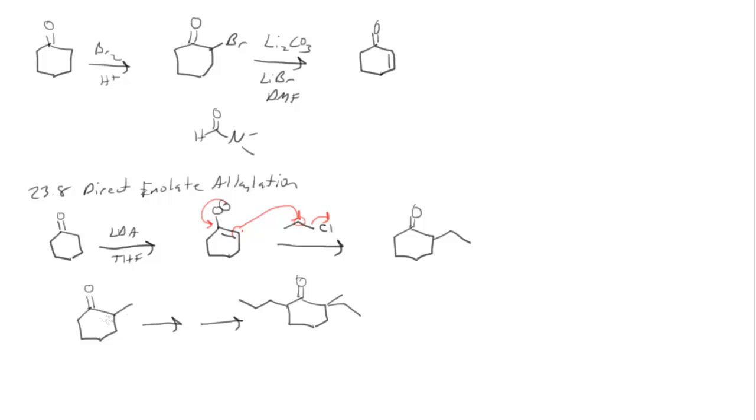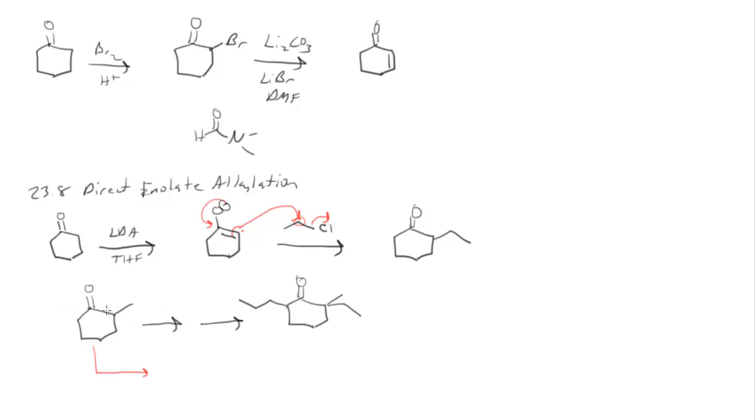We can now use our alpha substitution reactions and our understanding of kinetic versus thermodynamic properties to put an ethyl group on the more substituted side and put a propyl group on the less substituted side. So this would be your thermodynamic reaction. This would be a kinetic reaction. So go through and try to figure out how to do that, and then come back and I'll walk you